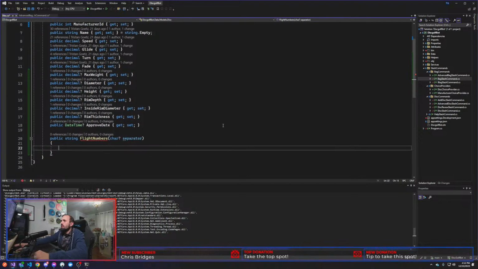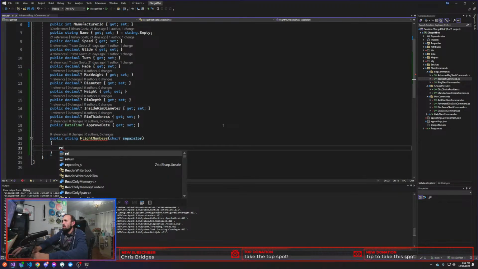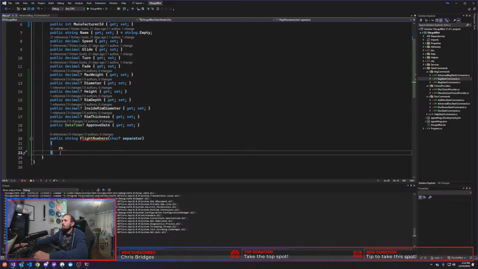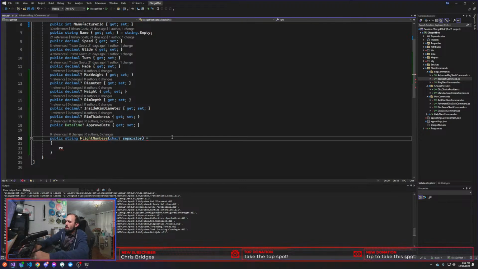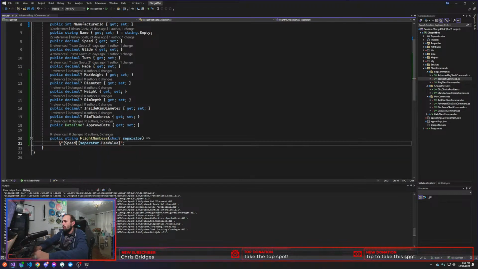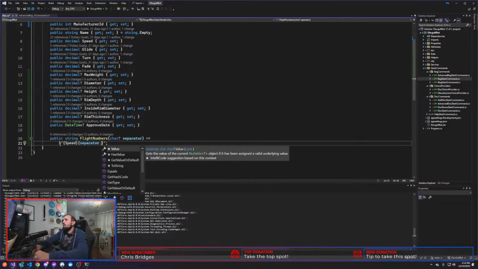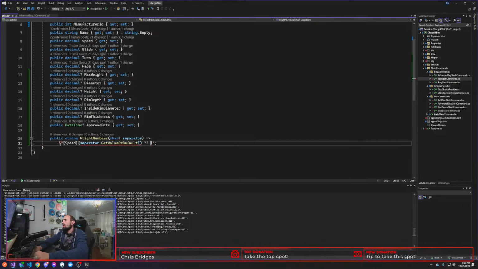And what this is going to do is I'm going to return a string where this contains speed, and then if separator dot has value, actually no, I can do separator dot get value or default, or